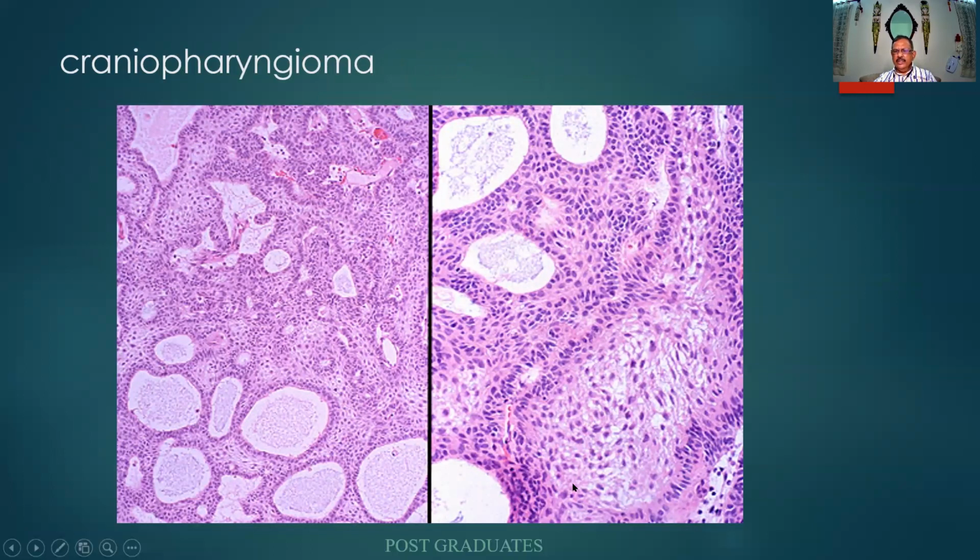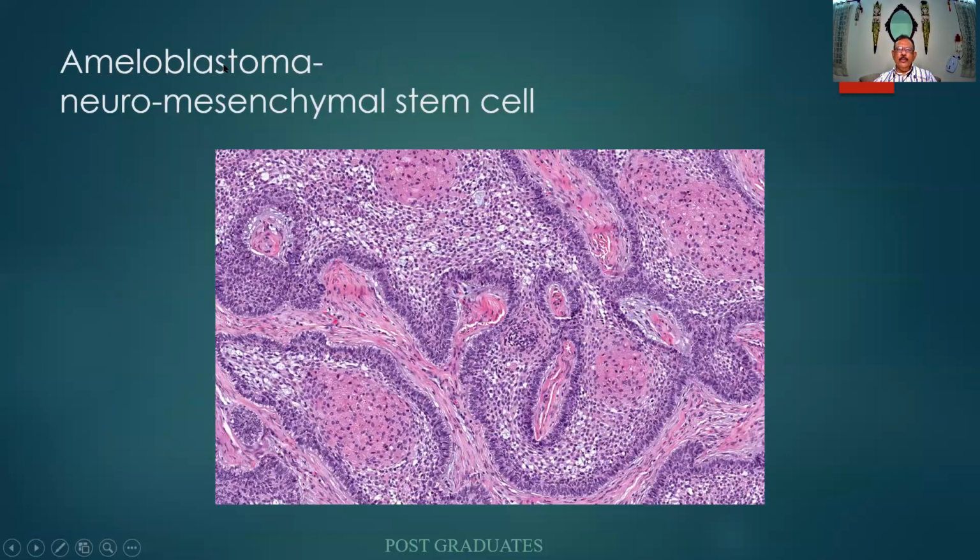All of us know that this is craniopharyngioma. This is one of the common slides which are given to us. I find there will be palisading cells, then there can be a stellate reticulum, which is almost analogous to an ameloblastoma. Ameloblastoma also has this kind of palisading arrangement, then the stellate reticulum. There can be areas of squamous metaplasia, and so on and so forth.